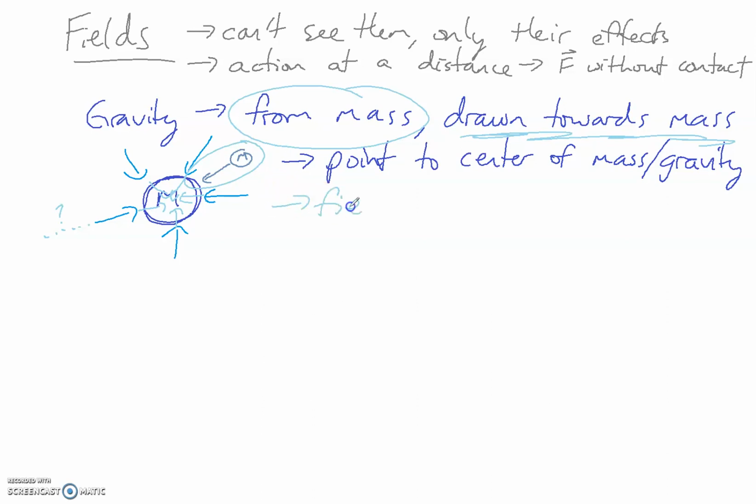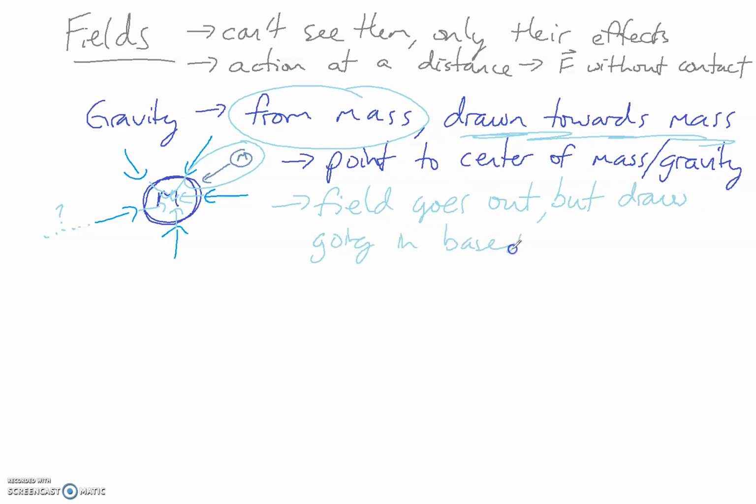Okay, the field actually goes out from the mass, which makes sense. If the mass is what creates the gravitational field in the first place, it makes sense for the gravitational field to start at the mass, and it does. The gravitational field actually goes out from the mass because that's the source. But we actually draw it going in